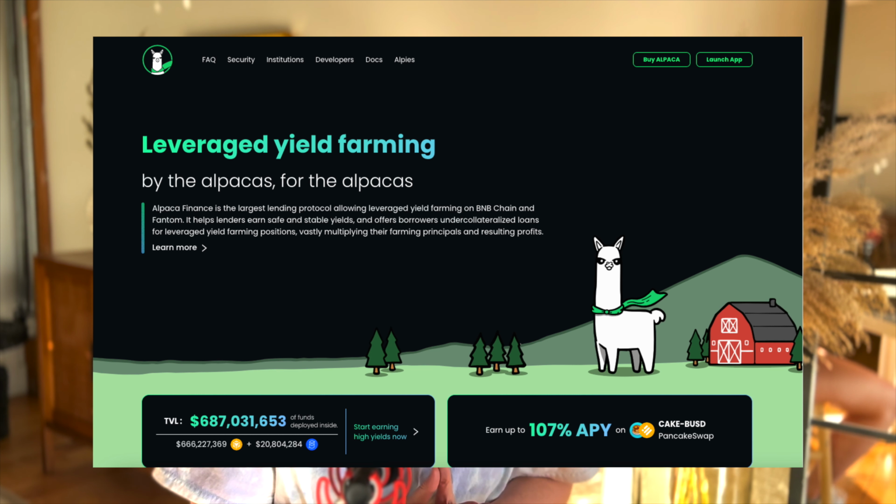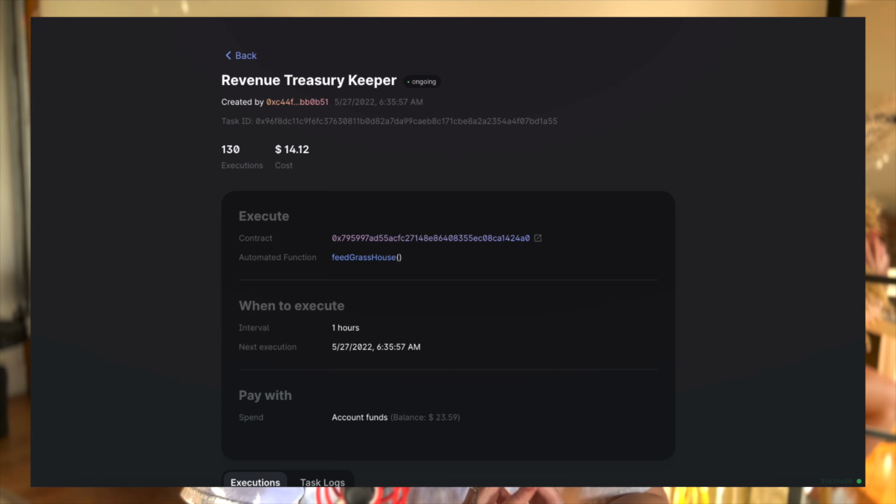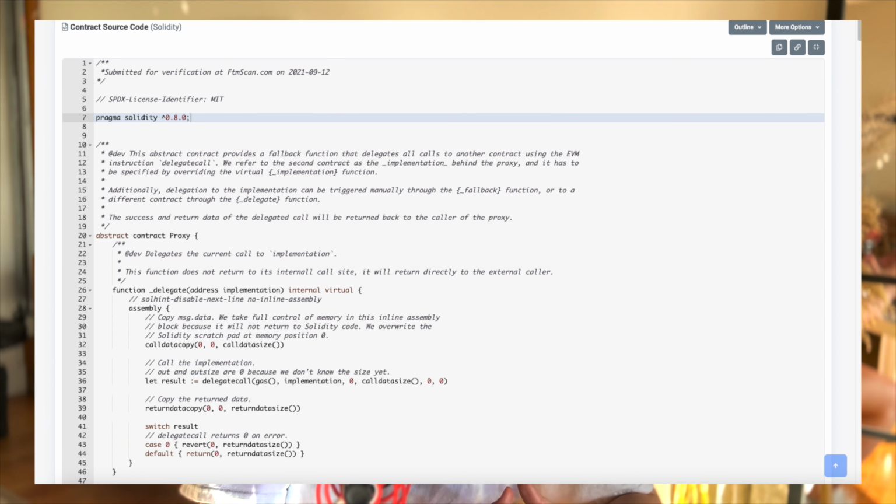We're starting off this week with a task from Alpaca Finance. Alpaca is the largest lending protocol for leveraged yield farming on BNB Chain and Fantom. I think it's quite fun how they've actually themed some of the main points about their protocol with various Alpaca traits. Now, if we go to this Gelato task and look at the contract, we see that it's mostly boilerplate